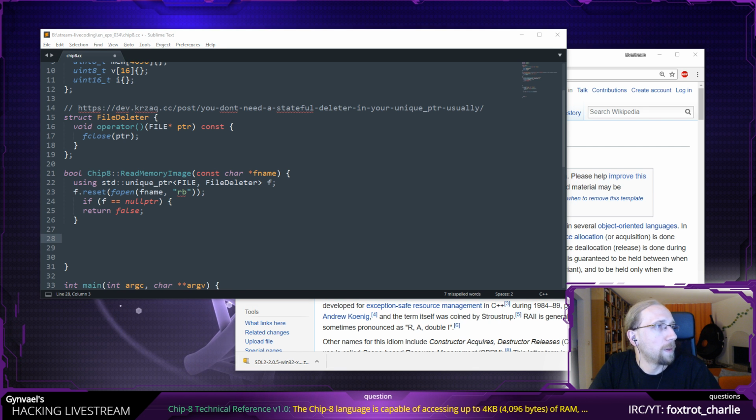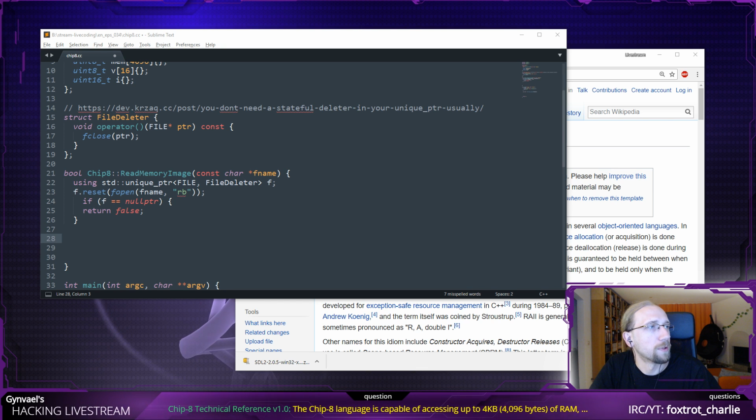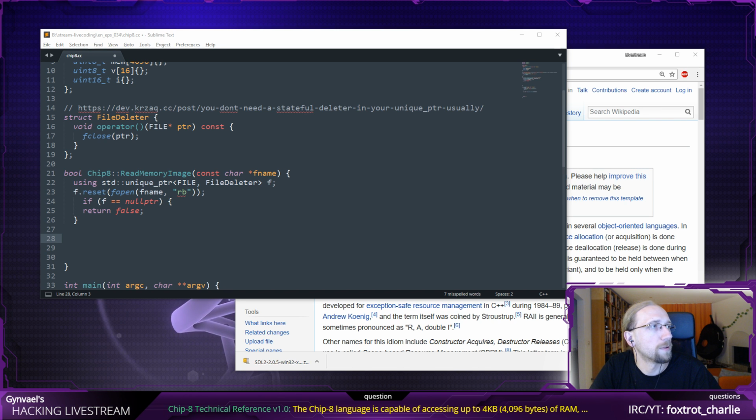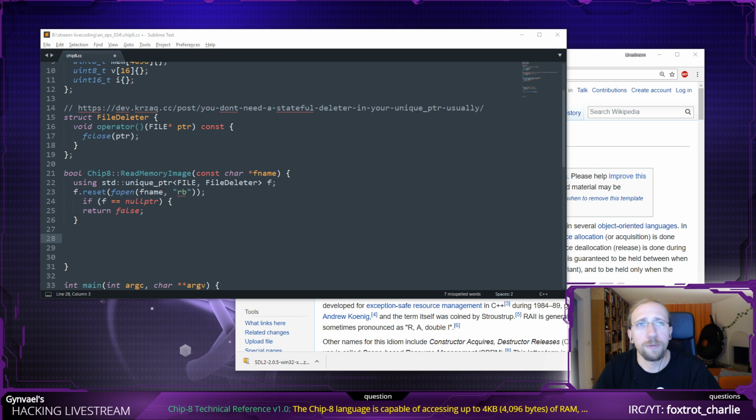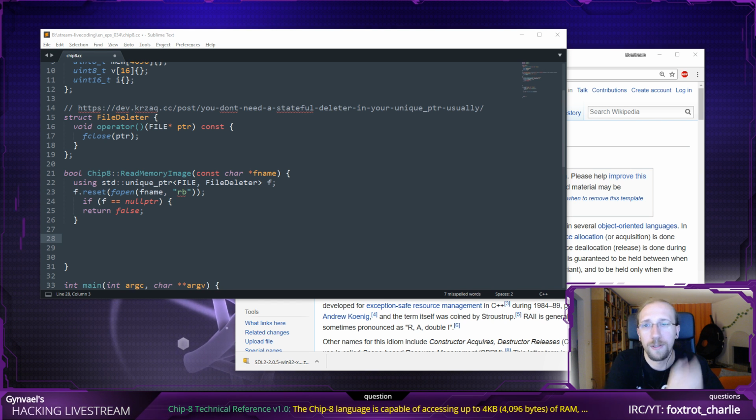Okay, so the CHIP language is capable of accessing up to 4 kilobytes of memory from location 00 to blah blah blah. The first 512 bytes are where the original interpreter was located and should not be used by program. Yes, I do remember that. This still doesn't, I guess, answer the question.